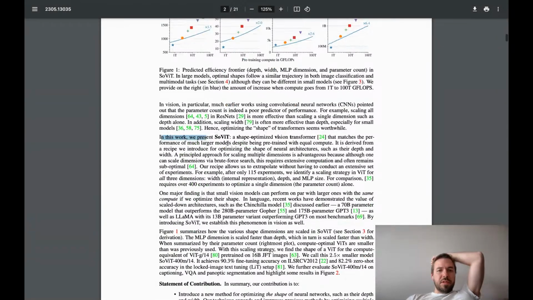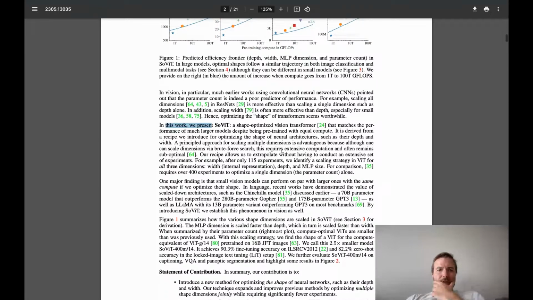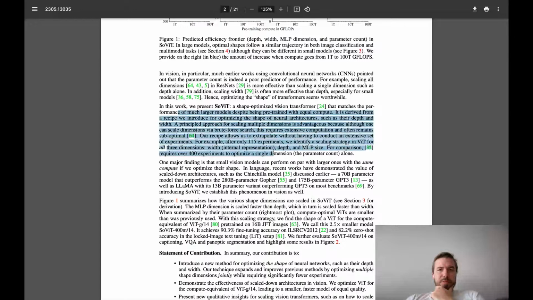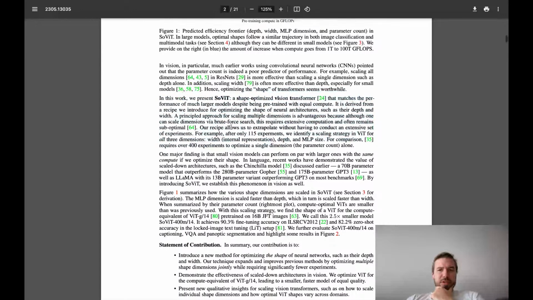In this work, we present SoViT, a shape-optimized vision transformer, and it matches the performance of much larger models despite being pre-trained with equal compute. It is derived from a recipe we introduced for optimizing the shape of neural architectures, such as their depth and width. A principled approach for scaling multiple dimensions is advantageous because although one can scale dimensions via brute-force search, this requires extensive computation. Our recipe allows us to extrapolate without having to conduct intensive experiments. For example, after only 115 experiments, we identify a scaling strategy in ViT for all 3 dimensions: width, depth, and MLP size. For comparison,